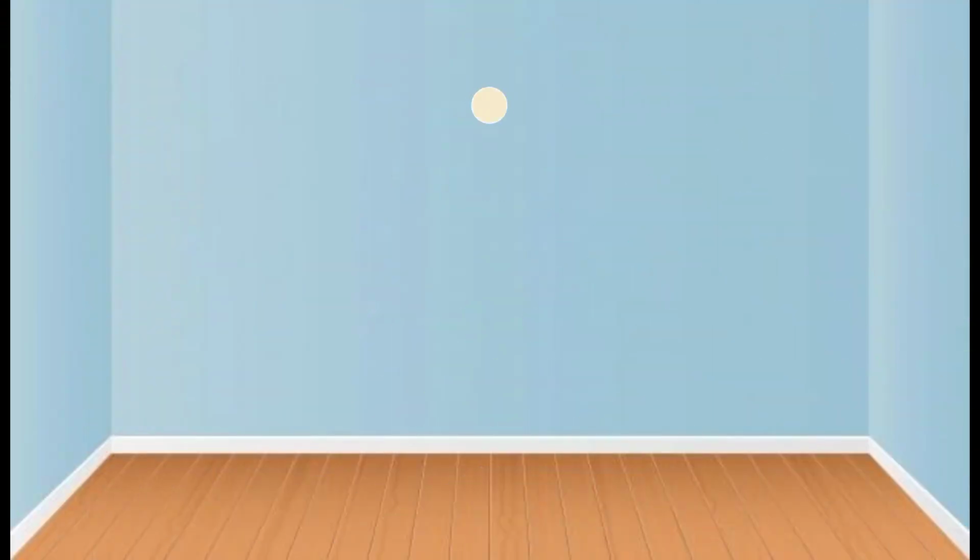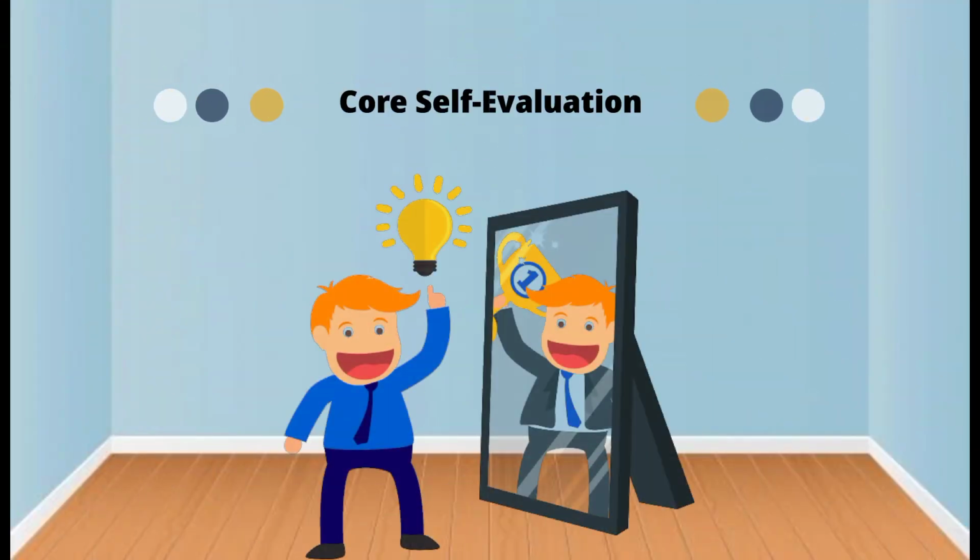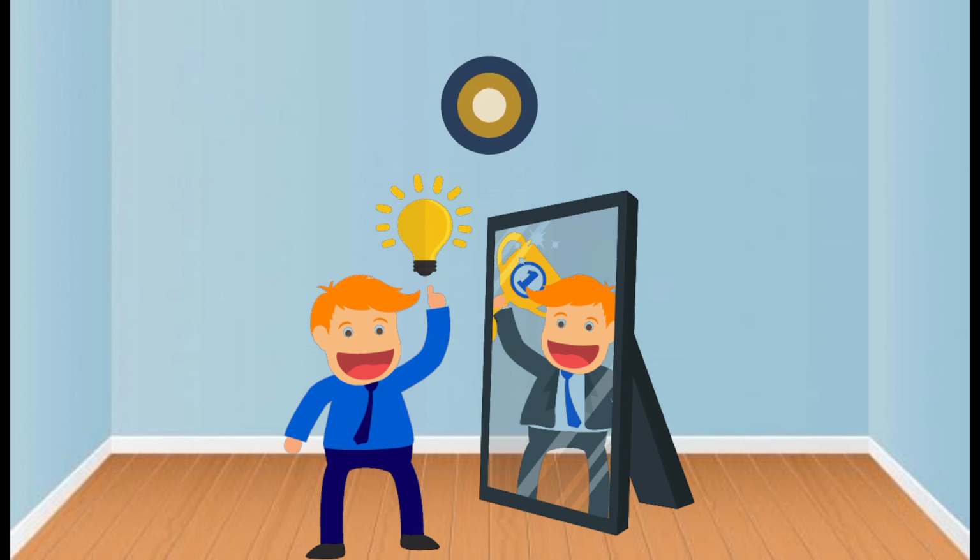Here are the other personality traits related to human behavior in organizations. Core self-evaluation, the degree to which people like or dislike themselves. People with positive core self-evaluation like themselves and see themselves as effective, capable, and in control of their environment. Positive evaluation leads to higher job performance. They set more ambitious goals, are more committed to their goals, and get promoted more rapidly.